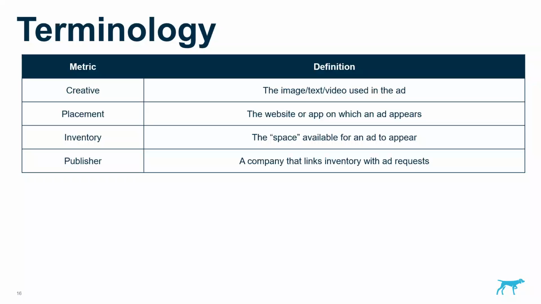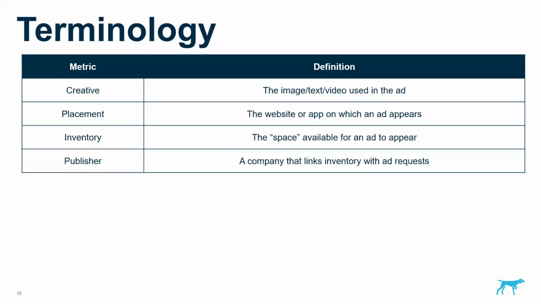So there's the predefined locations on a website where ads come, and that's what's ultimately sold to advertisers, and the people who sell those are publishers. So the publishers are a company that links inventory with an ad request. They'll have access to however much ad space on the internet, which is essentially the number of web pages times the number of users who visit them, and they're there to marry up those ad spaces with the ads that want to appear there.